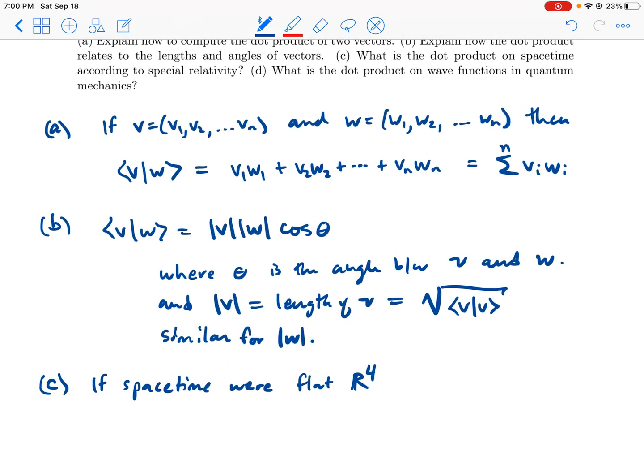For example, special relativity. So if space-time were flat R4, then we'd say that v dot w is going to be v1, basically the same as before,